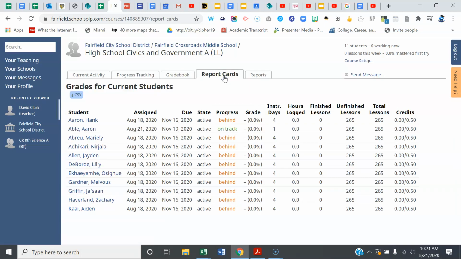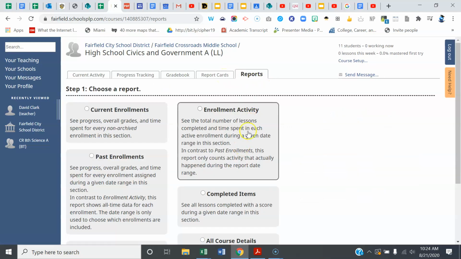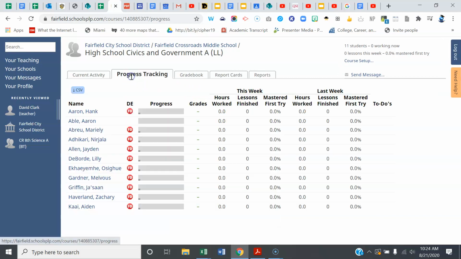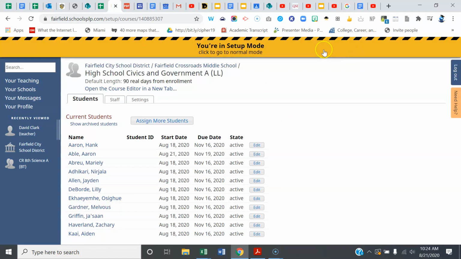There's a report cards tab, and we can look at some batched reports. I'm going to go back to this, and here's where I'm going to go over to the right side and click on course setup. So now you can see the red caution, the yellow caution tape comes up,